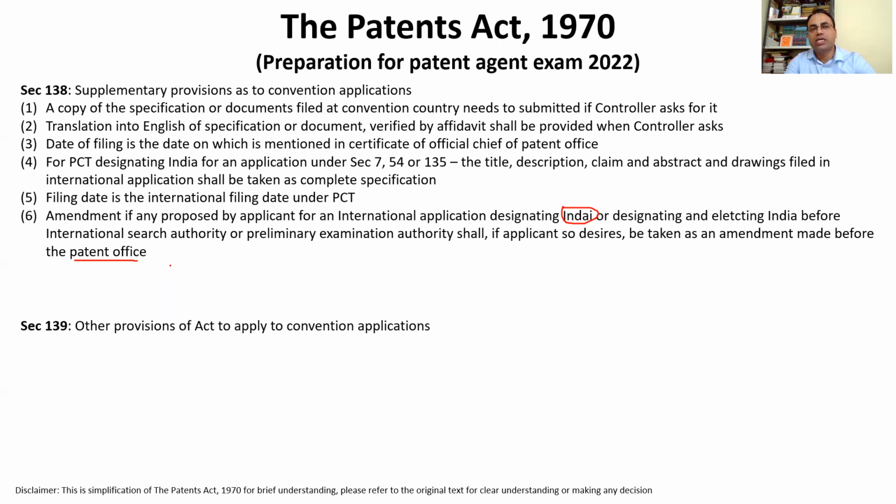And in interviews, I understand that sometimes they ask how PCT applications are filed. So maybe sometimes before the examinations, if we plan to have any sessions, I will discuss this PCT route of filing applications. What are the steps?